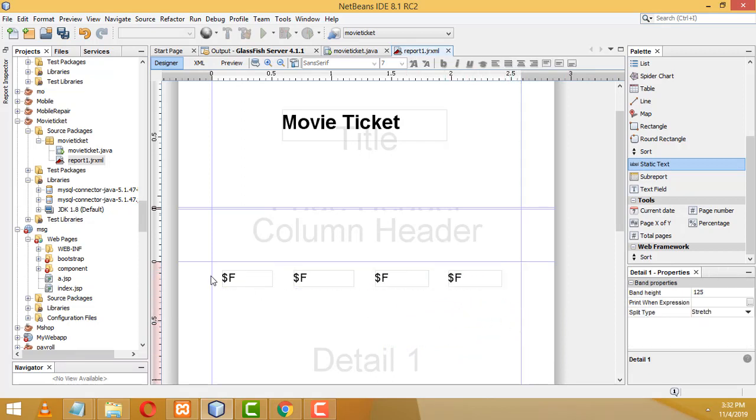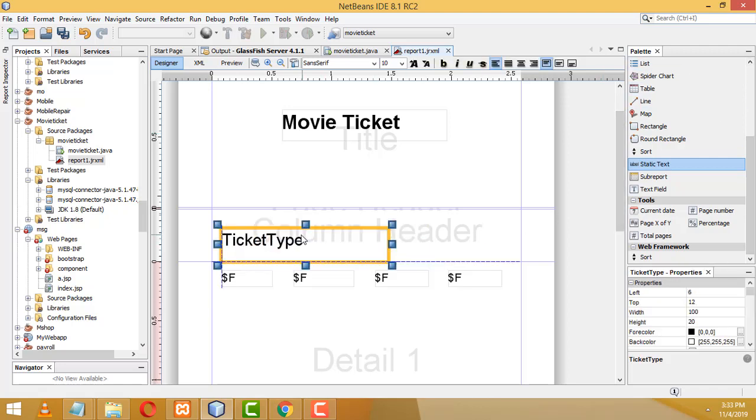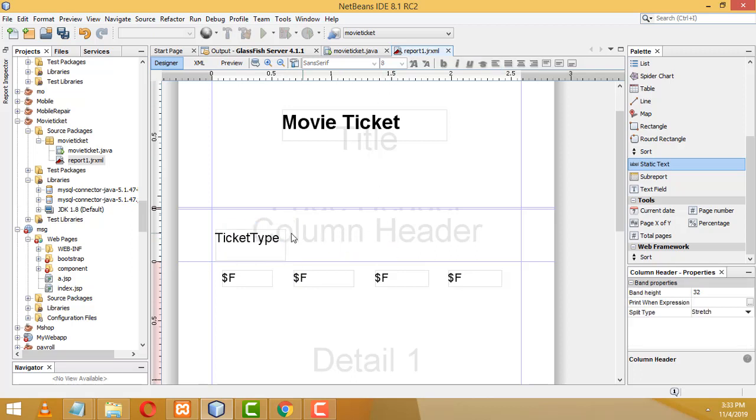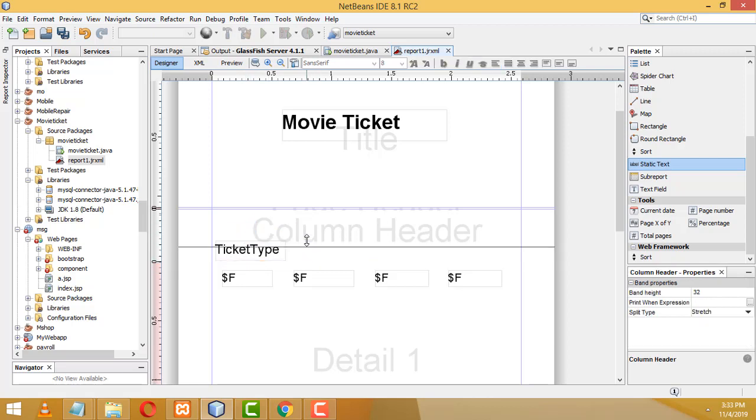Right. First, what I am going to do here is write the heading. So write the static text. The first one should be ticket type. You have to change this to 8. Right. You have to decrease the size. This one you have to make simple. Column, you have to